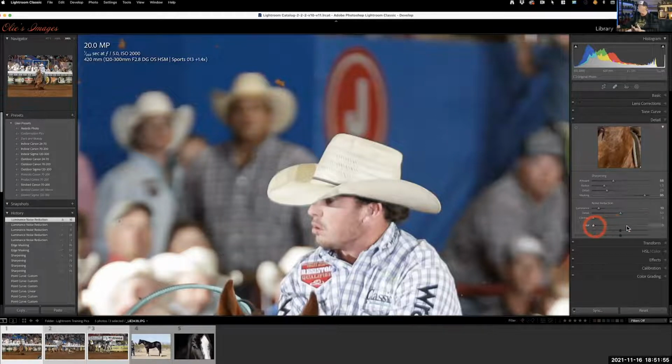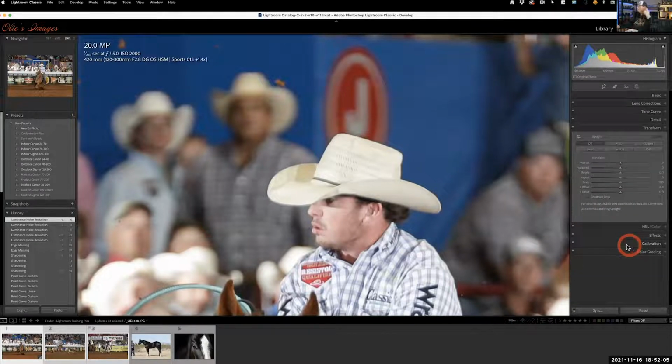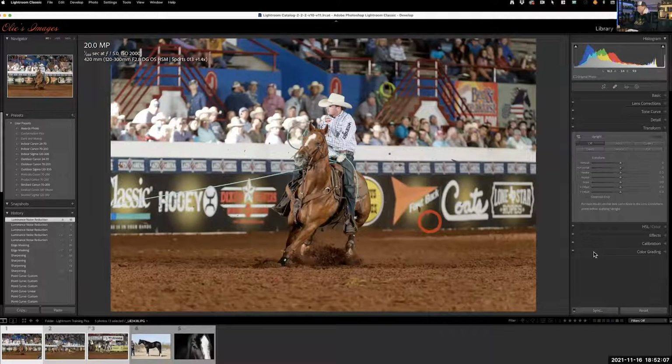And it does a really good job of that in my experience. I think that's all I got to say about details. So next is transform. So let's zoom back out here and let's look at, this is not the best image